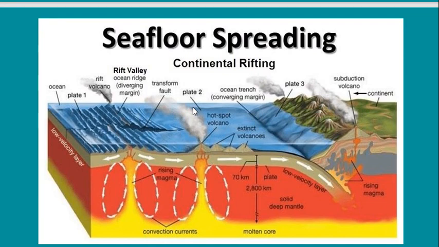Seafloor spreading is very, very important. Of course, seafloor spreading is the second theory that came after the drift theory that was given by Wegener. This is important, but this is history. Seafloor spreading is another theory that helps us to understand earthquakes, volcanoes, everything. Because what happens is that this upper layer of the crust, the thin layer below the oceans, is the thinnest layer